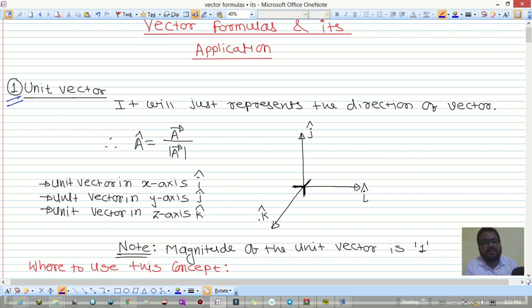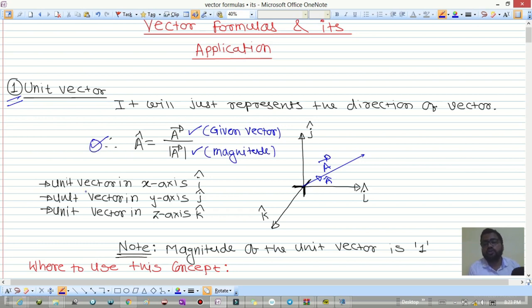So if we have the given vector a bar in three-dimensional geometry, the unit vector along this direction is a hat. So it just represents the direction of a given vector. So a hat is the given vector divided by its magnitude. This is the given vector, whatever that vector is. So if it is i hat plus j hat plus k hat, then take the magnitude of that vector and divide, so you will get the unit vector.